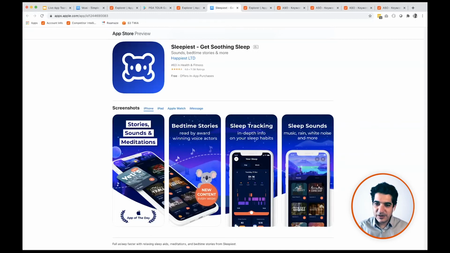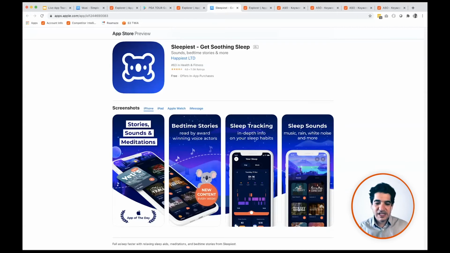Another question, does a video preview in the App Store improve ASO? Yes and no, and maybe. That is a really good question that I get asked all the time. I don't have a guide about videos, even though I should, but I did mention it in one of the latest teardowns. In general, yes, it is helpful, because if you think about it and put yourself in a user's